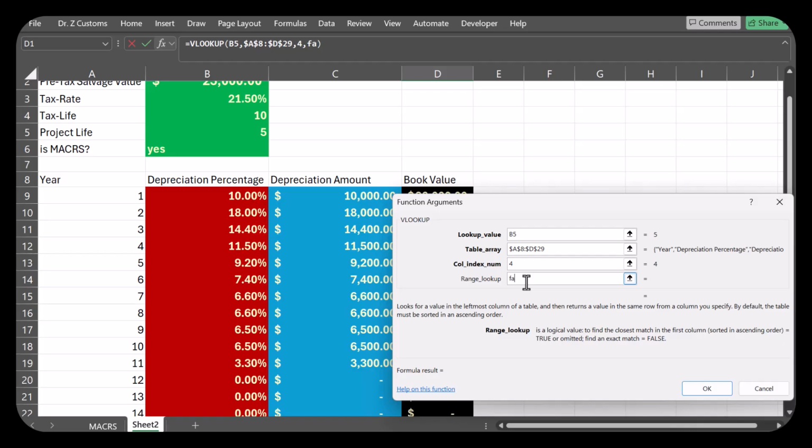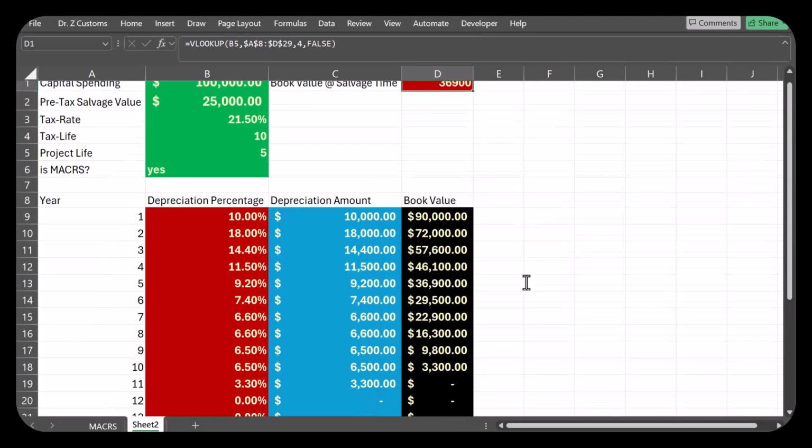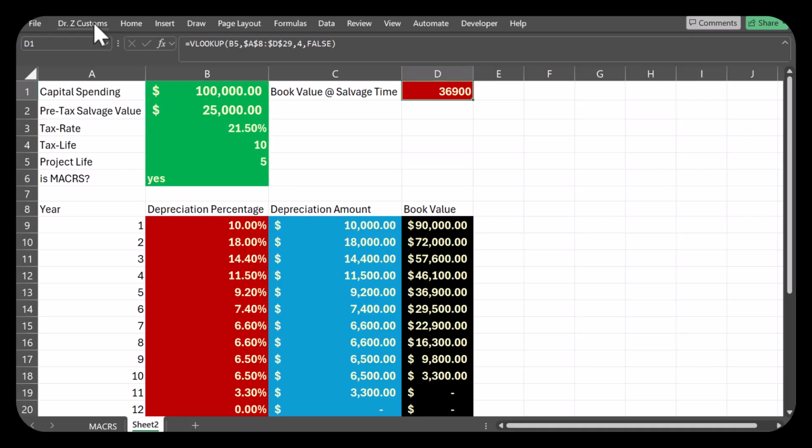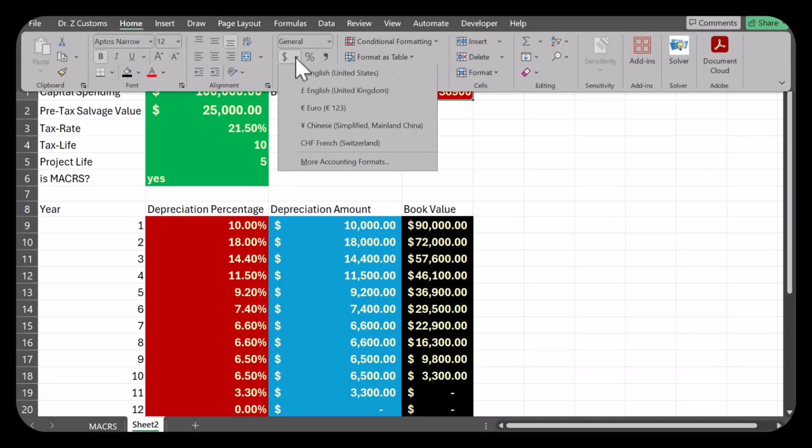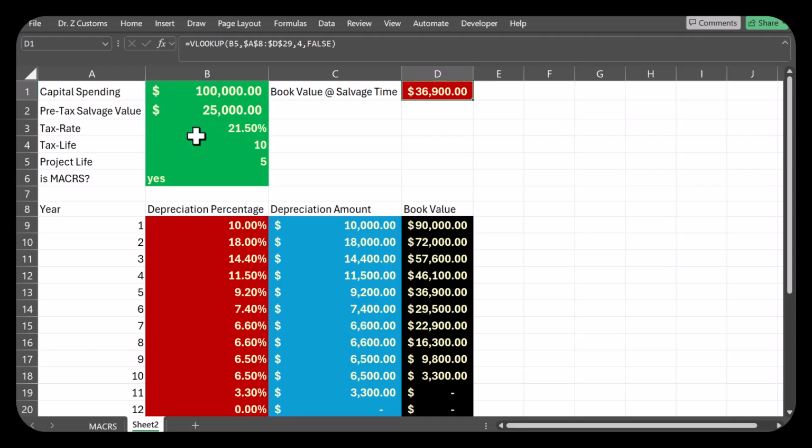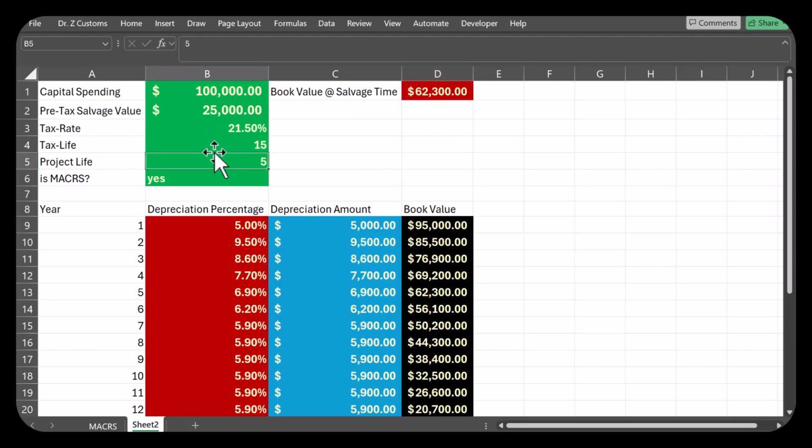And so if this was 15 years, 7, it just grabs the appropriate value for me. I don't have to visually check. Well, given that, what is my salvage profit? Pre-tax salvage value minus book value. In this case, it just happens to be